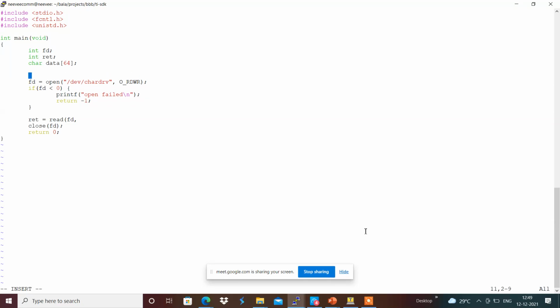Close the device file descriptor, and we are going to read fd with the data, and I'm going to read 64 as the size, and